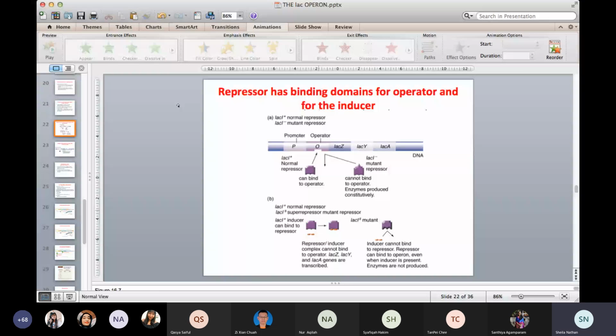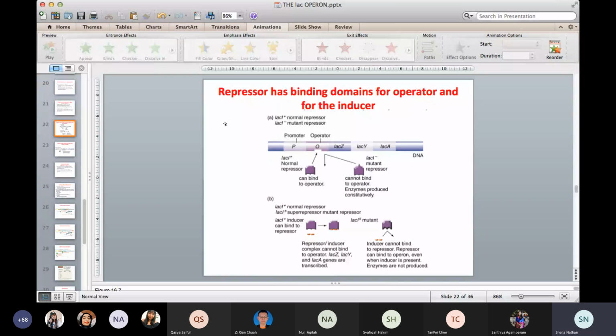What happens with the LAC-IS mutant is that the mutation is on the opposite side, on the side where the inducer, the allolactose, is supposed to bind. So in the presence of lactose or allolactose, when there's not enough glucose,